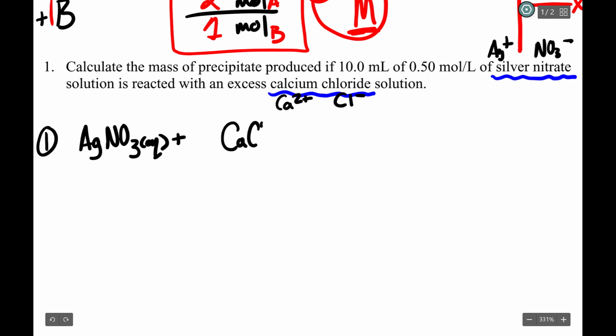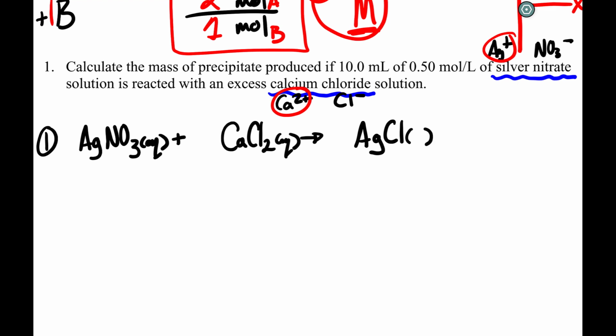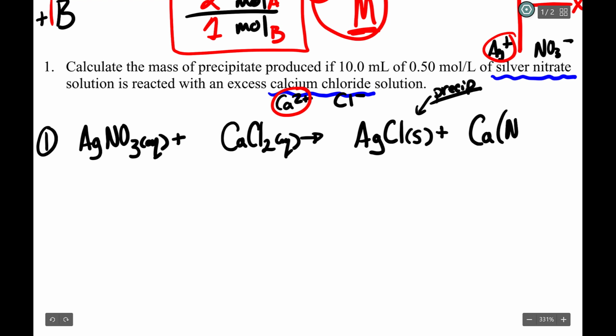So CaCl2 aqueous. And that is going to turn into, well, if it's double replacement, the calcium is going to swap with the silver. So I'm going to end up with silver chloride. Now I'm going to check the solubility of that in my data book. Silver is very insoluble with a lot of things, and it turns out that it is solid. This is my precipitate. Then calcium is with nitrate. Nitrate is soluble with absolutely everything, so this would be Ca(NO3)2, and this is going to